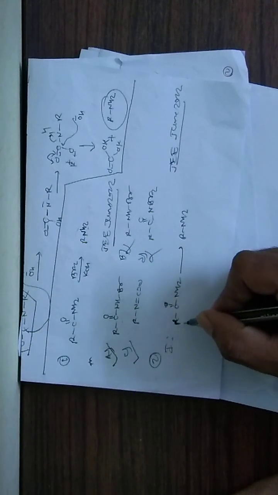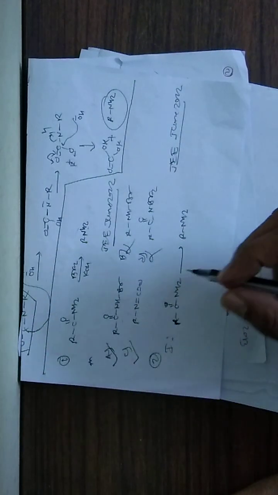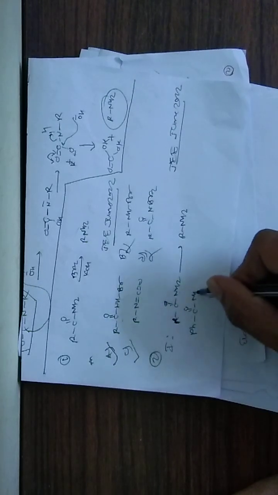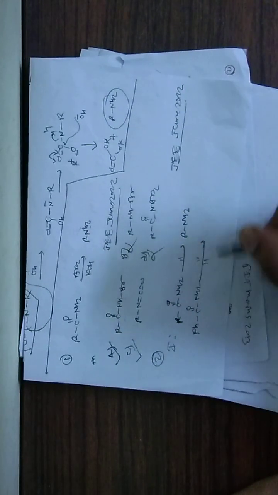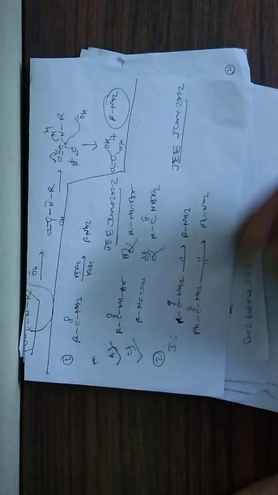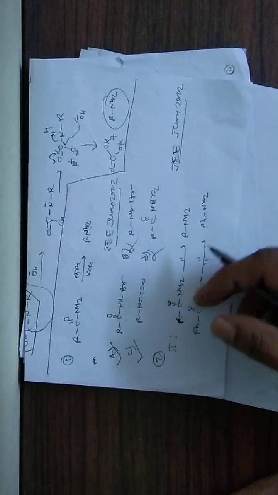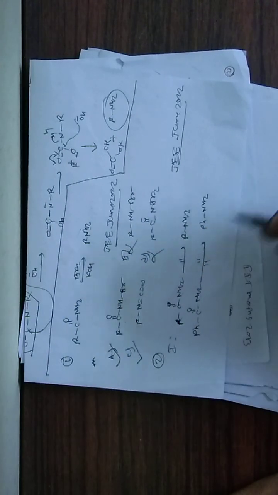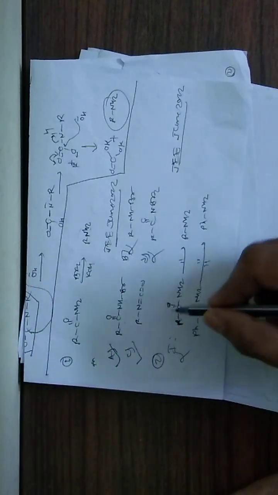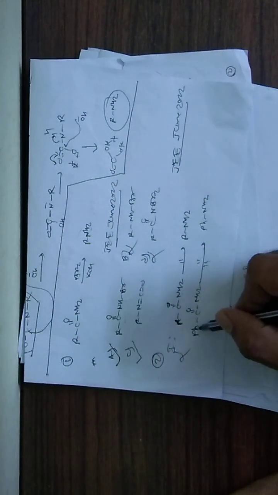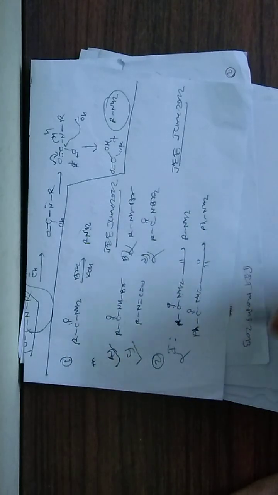So if it is only an alkyl group, it will migrate, but this is wrong, because if a phenyl group is there, C double bond O NH2, this will also form PhNH2. So if R is an alkyl or even an aryl group, then it will migrate to nitrogen, not only the alkyl group. So the first statement is wrong, because it says that only if R is an alkyl group will it migrate to the nitrogen. This is wrong, because an aryl group can also migrate to the nitrogen.